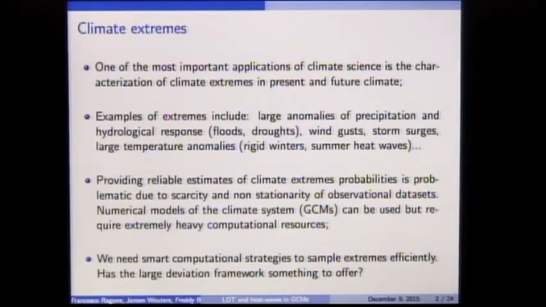Okay, so as I was saying, climate science, more or less everybody has an idea nowadays of what is going on, and it has become quite fashionable in the past 20, 30 years because of this problem of global warming. One of the main applications of trying to reproduce and predict the future climate state is studying the statistics of the so-called extreme events, so events that are very rare and connected with large anomalies of a certain control variable, which could result in some hazard and some risk condition.